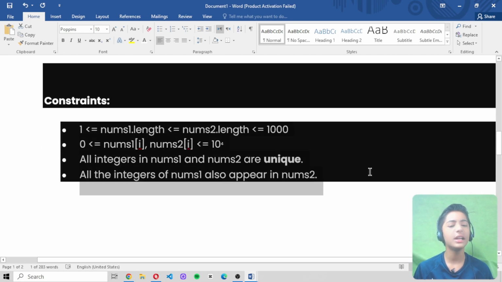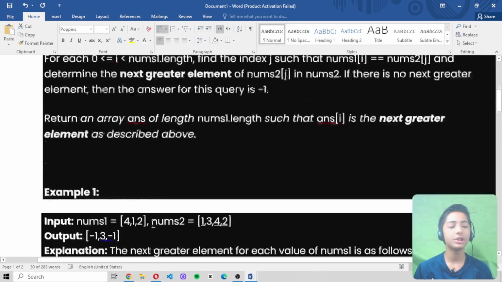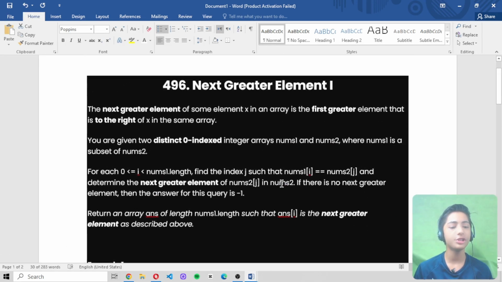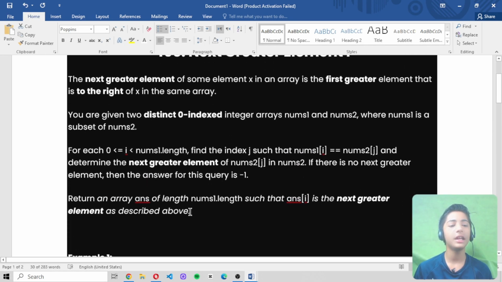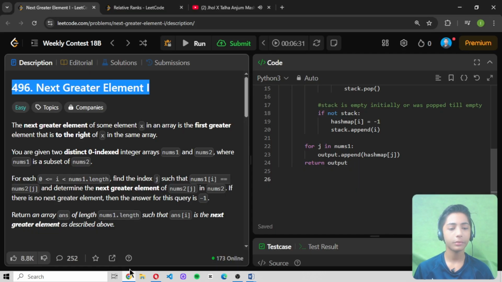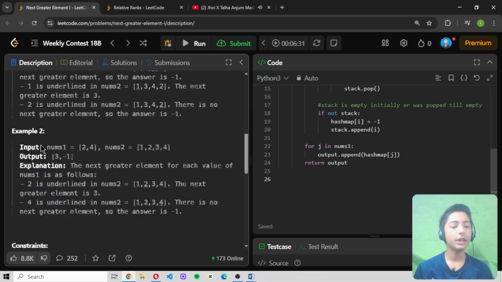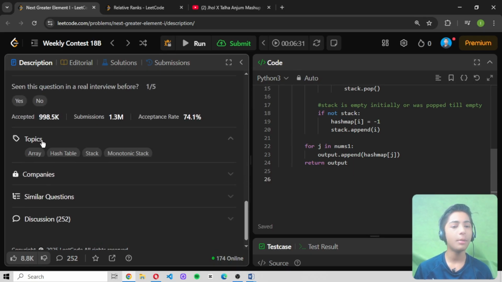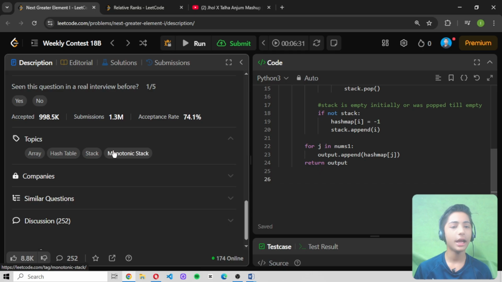And these are the constraints which we use to solve this question. But anyways, let's start to solve this question. I hope your whole concept will be clear about this question. Okay, so let's start to solve it. Now let's see the topics of this question: array, hash table, stack and